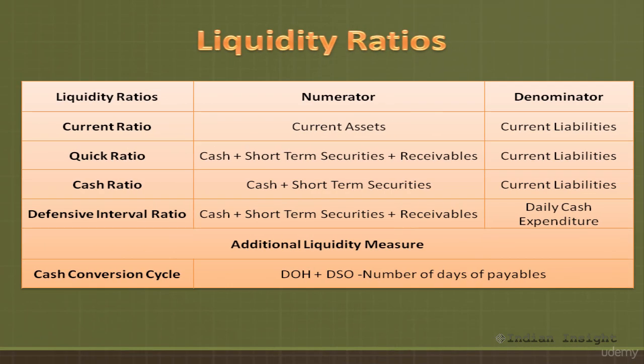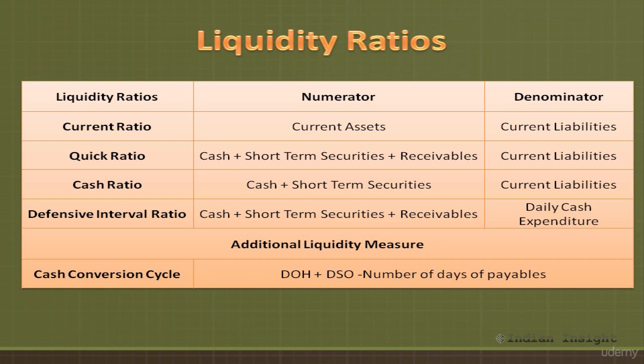Now we have shown here some common liquidity ratios. These ratios represent a company's position at a point in time. Liquidity ratios typically use data from the ending balance sheet rather than the average values. The current, quick, and cash ratio reflect three measures of a company's ability to pay current liabilities. The defensive interval ratio measures how long a company can pay its daily cash expenses using only its existing liquid assets without any additional cash flow coming in.